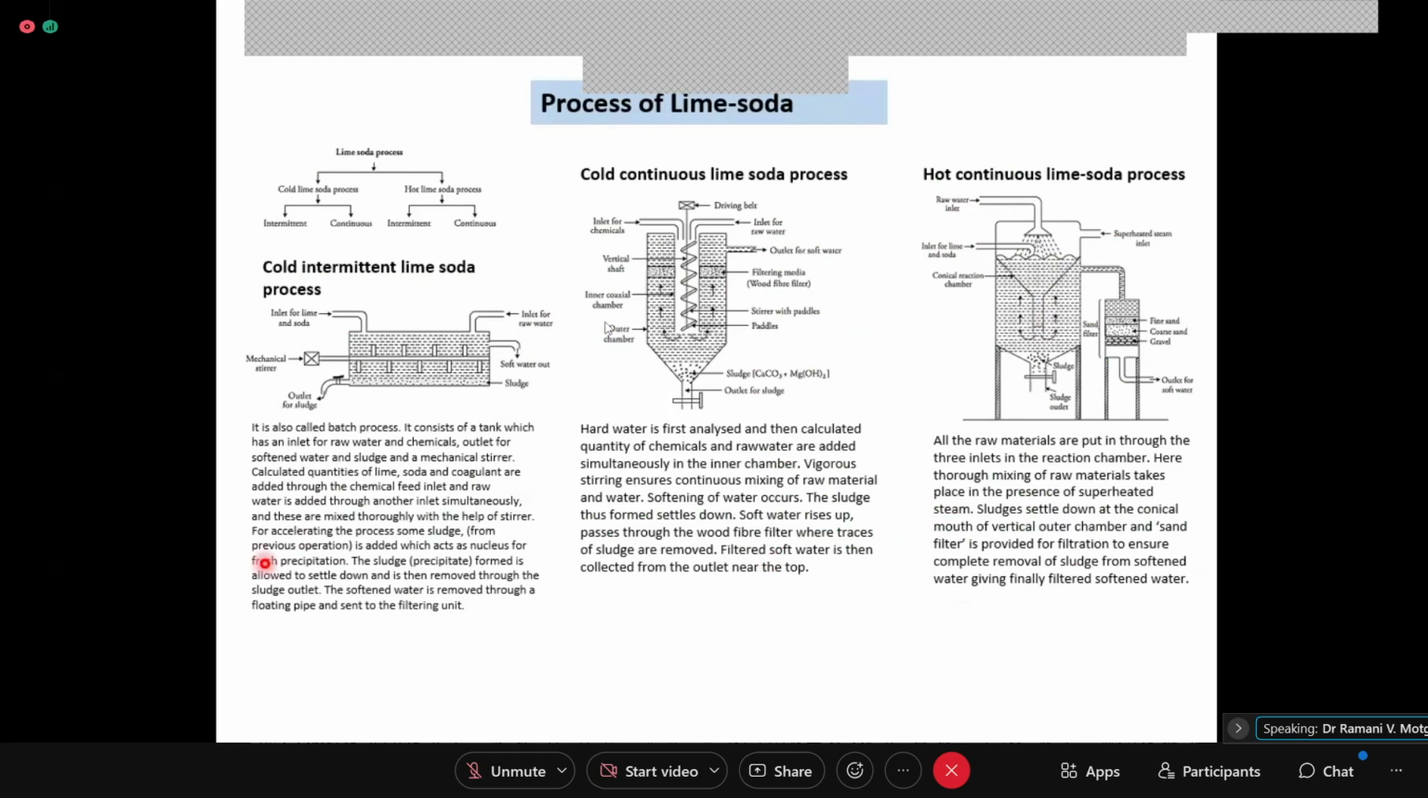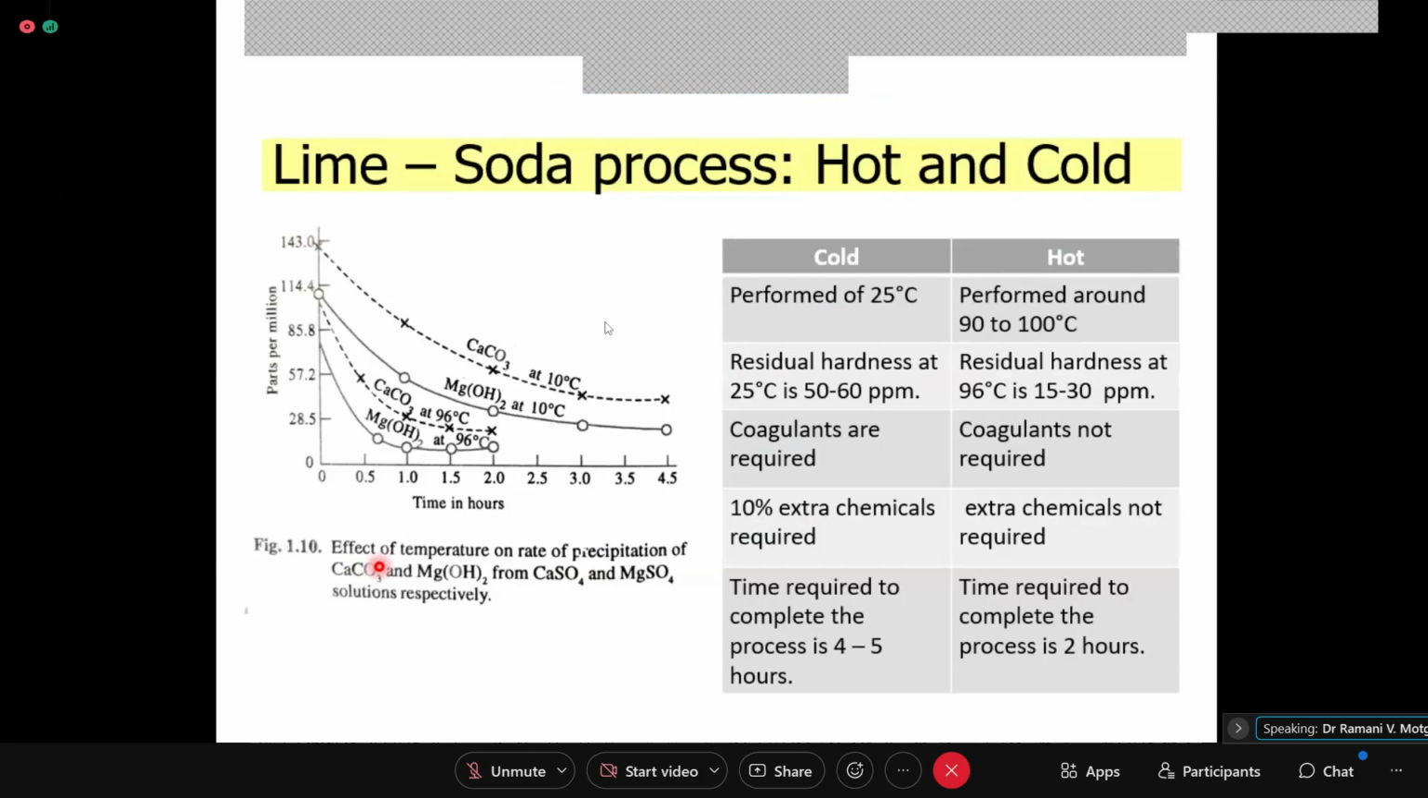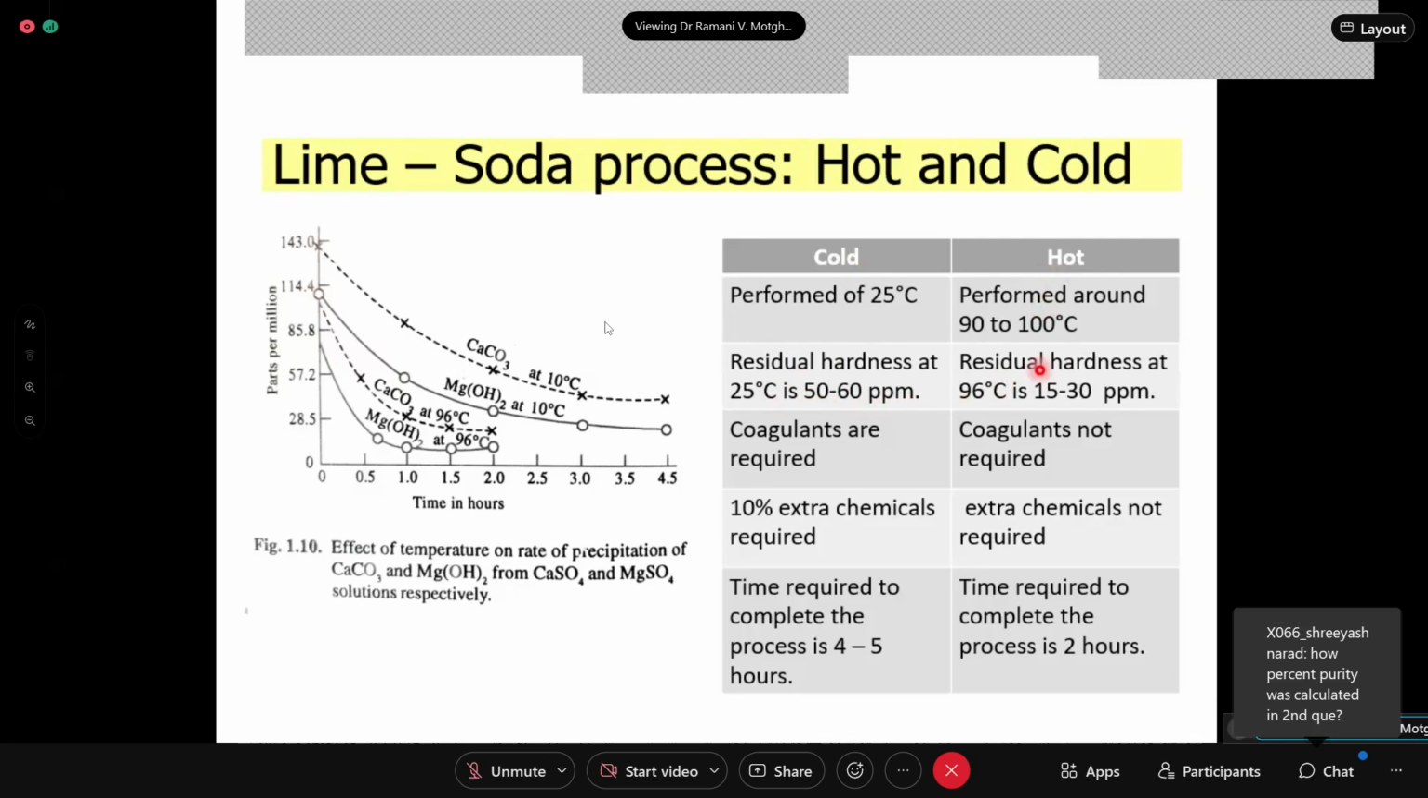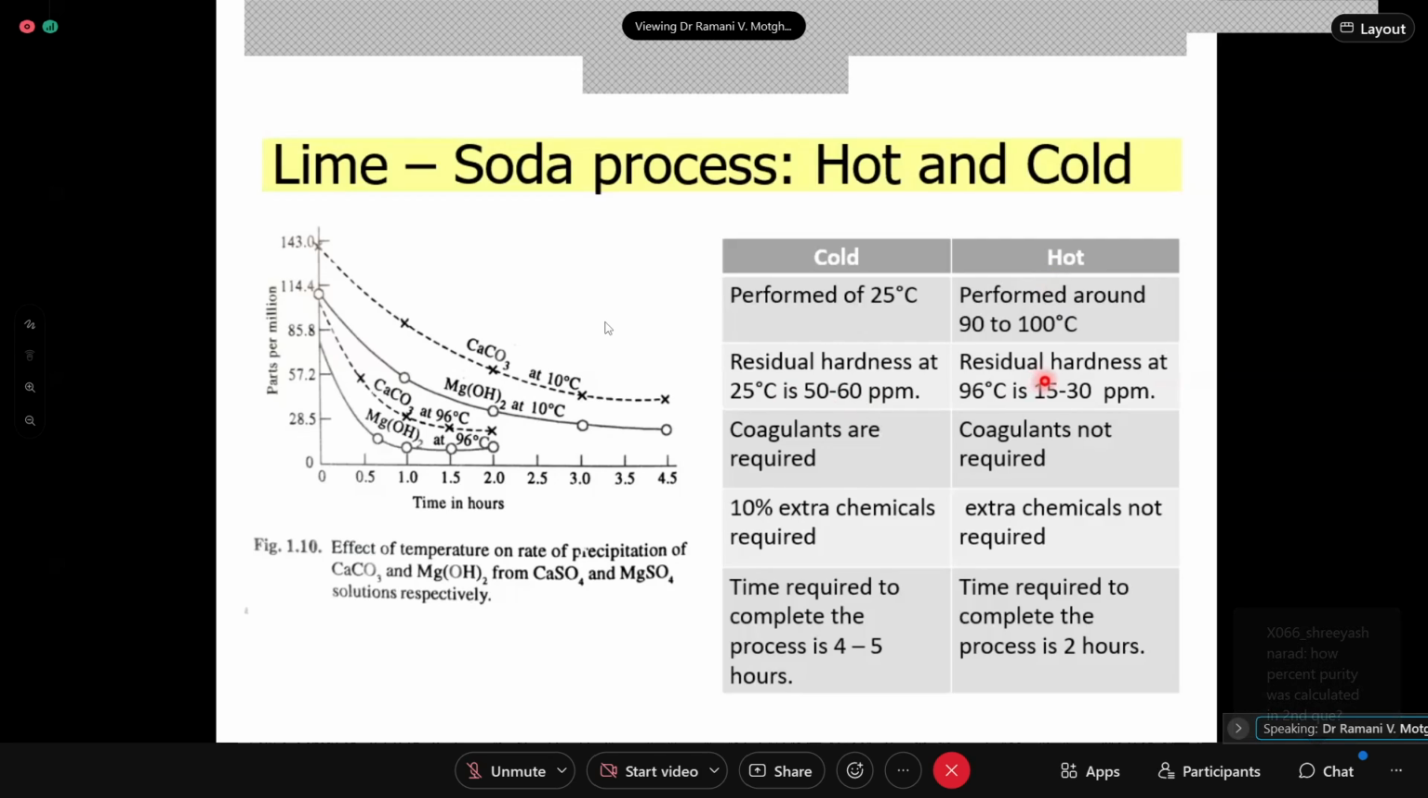Now this is what we have already discussed. That's why I'm not discussing again. But then the classification of cold and hot we are now supposed to study. Now this part we will read later. First we will just distinguish between these two. Now one is giving you a residual hardness of 50 to 60 ppm, while in the hot lime soda process, how percent purity was calculated in